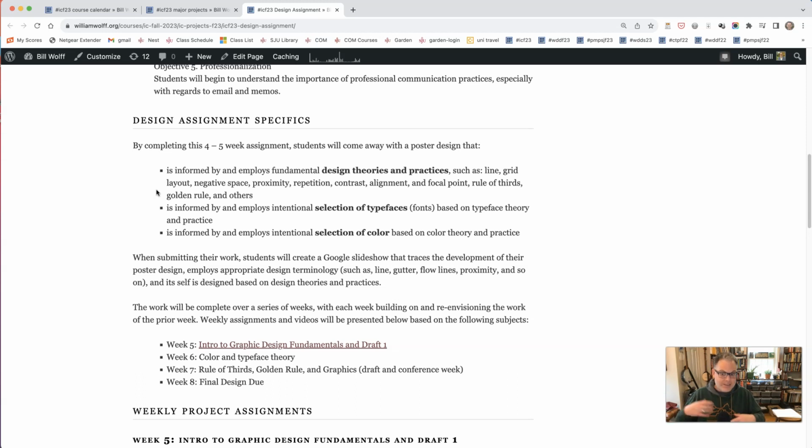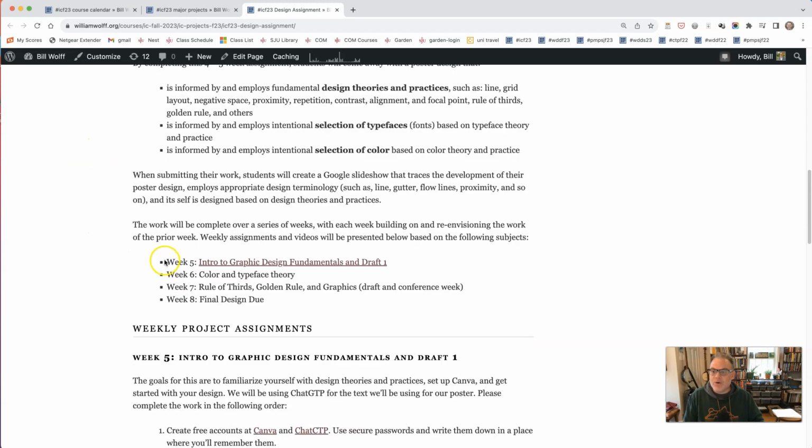So we're building a lot into this project. And the schedule, the assignment of the semester is such that if I feel like we need to push things back a little bit and give you a little bit more time, we can do that. So that's great. So you will see on this assignment page that I've broken this down into different weeks of